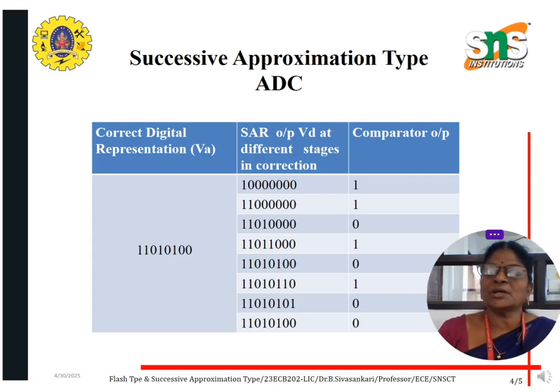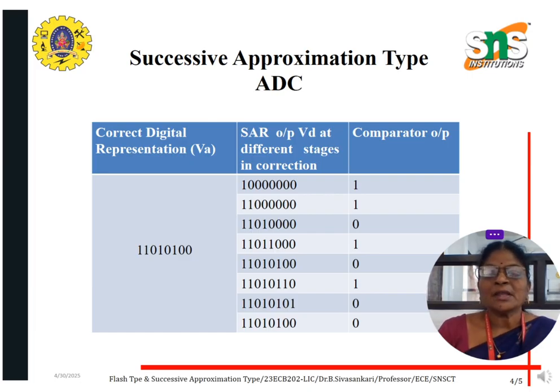When you get the comparator output as 0, then in the next level you have to put 0 for that particular bit. As we get 0 in the previous bit, we are receiving an error. Here we are putting 0 in the third bit as